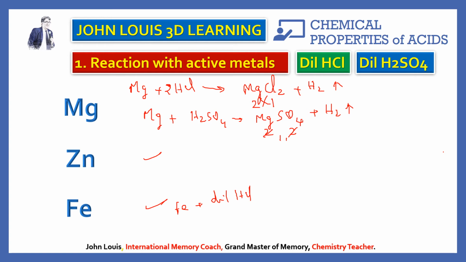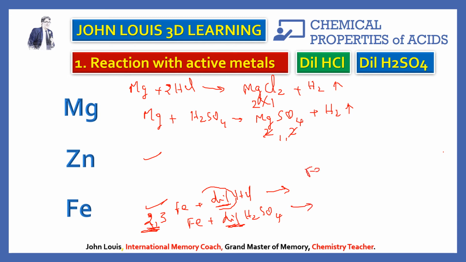And similarly, when iron reacts with dilute sulfuric acid, you get iron sulfate. So you will get the element of doubt, whether iron 2 sulfate will form or iron 3 sulfate will form. So remember, when they react with the dilute acids, lower valency will be predominant. So what are the 2 valencies of iron? 2 and 3. So which is lower? 2 is lower. Since it is reacting with dilute acids, the lower valency will be predominant. Therefore iron 2 chloride will form. Here iron 2 sulfate will form. Accordingly you have to write the formula.